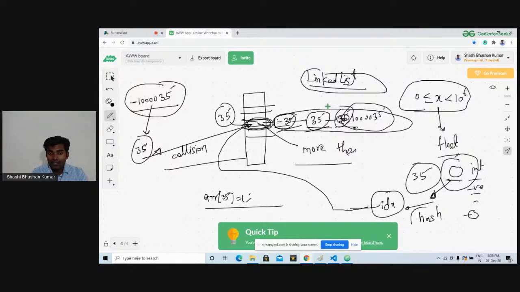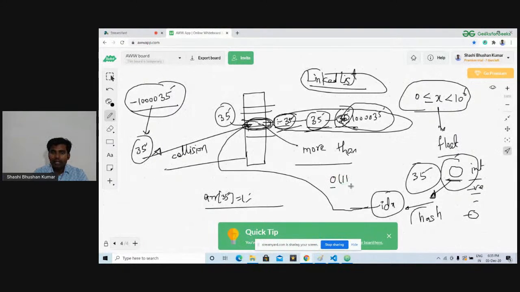In fact, we can store strings as well in a hash map, right? But again, we are using an array, and we are doing things in O(1) in